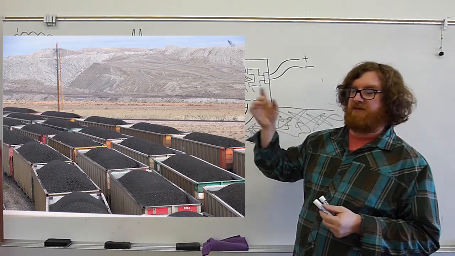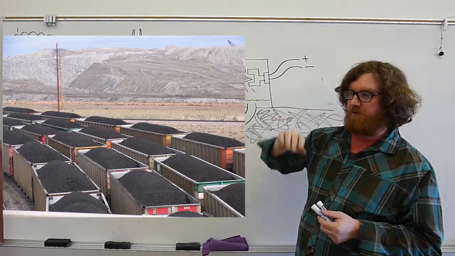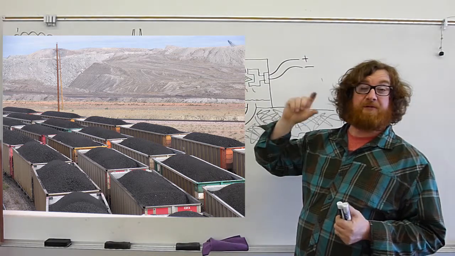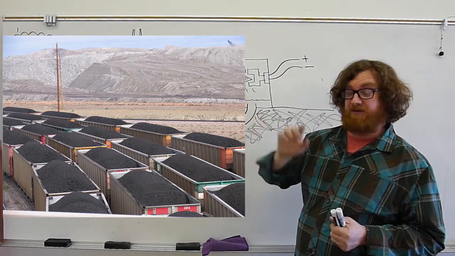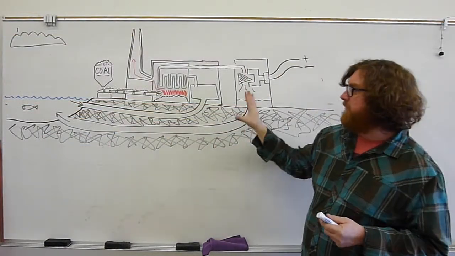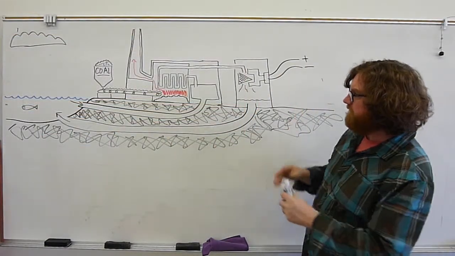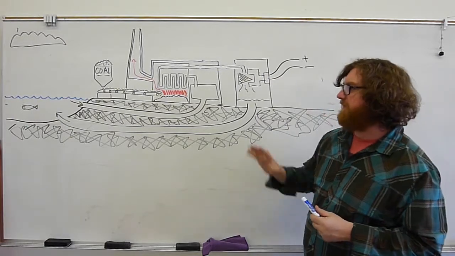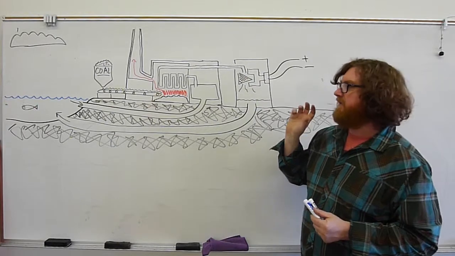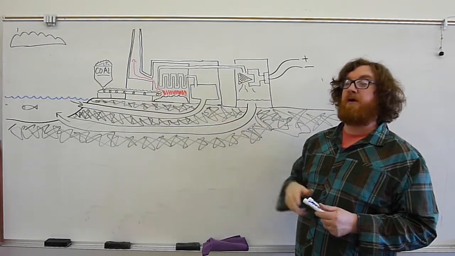There are these famous scenes of coal cars, linked up, driving out of Wyoming. That's actually the opener for your Blackboard class. It's these train cars full of coal. But then that coal gets to a power plant, and I know this drawing looks like I've got a lot, but we're going to slowly work our way through this drawing and really see how a coal-fired power plant